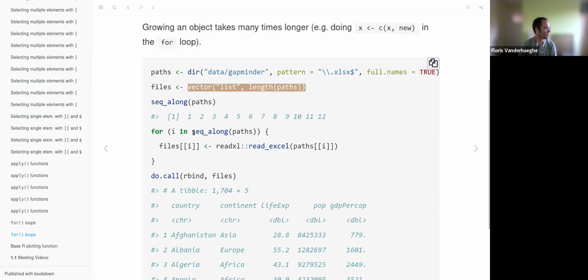Where were we? We were here. So for I in 1 to 12, essentially. So I will take on value 1, then 2, then 3, and so on. So if we use it in the for loop, these are the index values that we get. So we say, okay, the files list's position 3 or 4 or whatever, where we are in the loop, takes